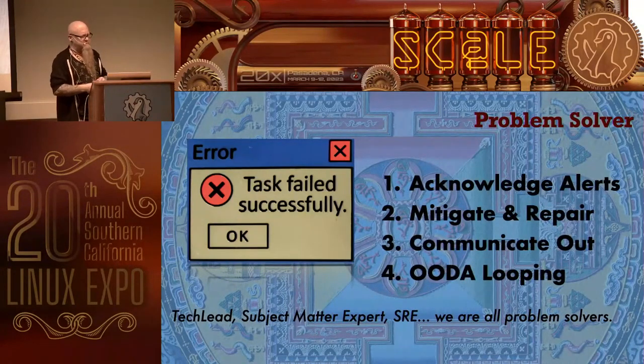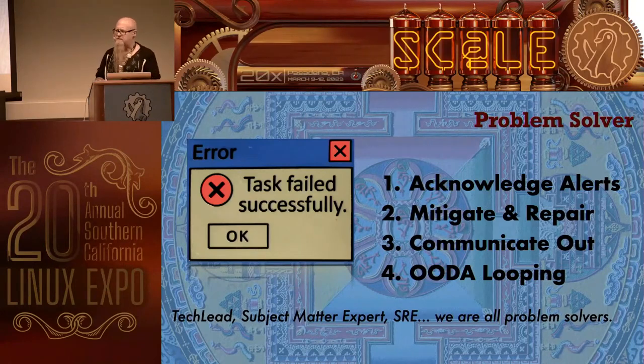So problem solvers, obviously, we're all problem solvers. One of the hardest things, actually, I've seen that some incident commanders deal with is not being the problem solver, is to pull themselves out of being the problem solver. Don't go look for observability. Delegate that. Check in with the delegate to make sure that you get the answer back, but let someone else do that so that you as the IC can help other people.